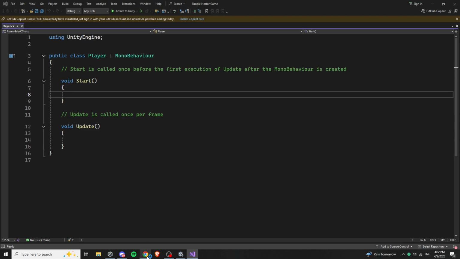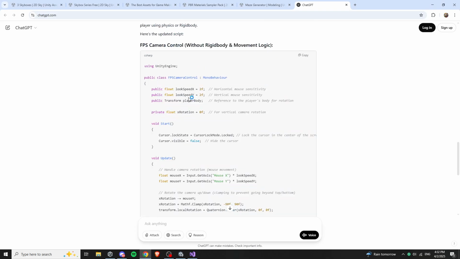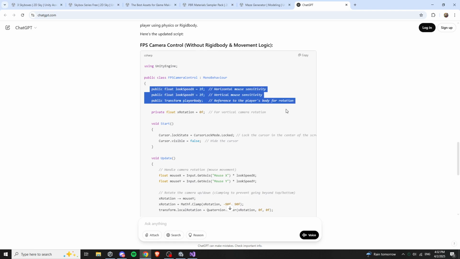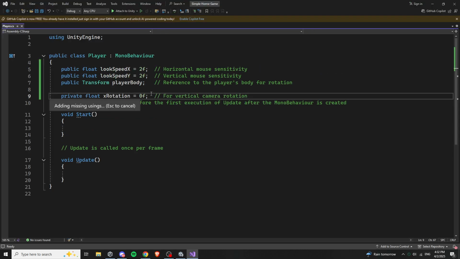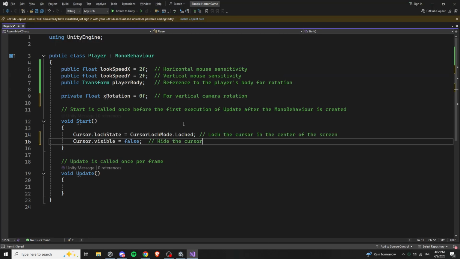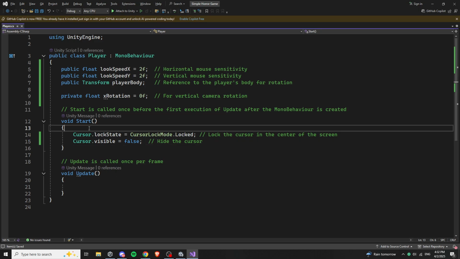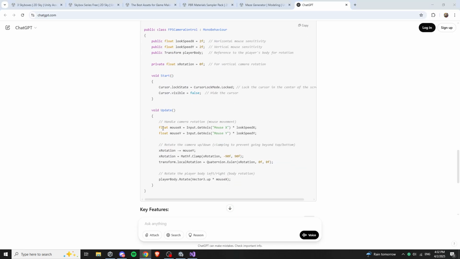So let's copy paste that and adapt it. Then in the start function, we want to disable the cursor. Okay, it's commented already. And now in update,